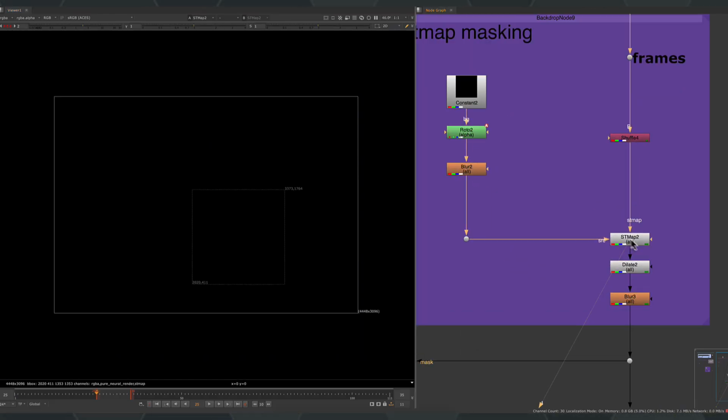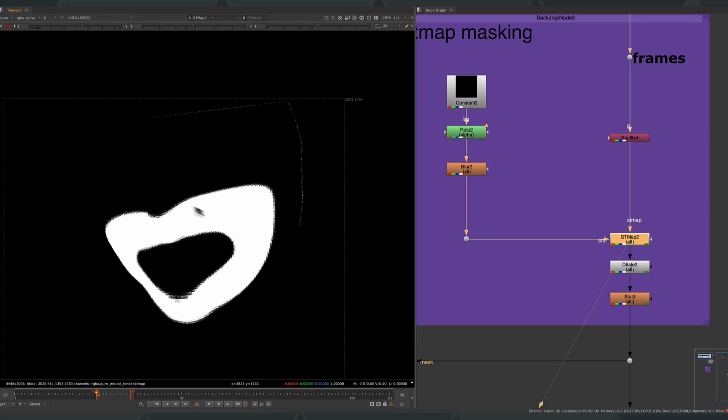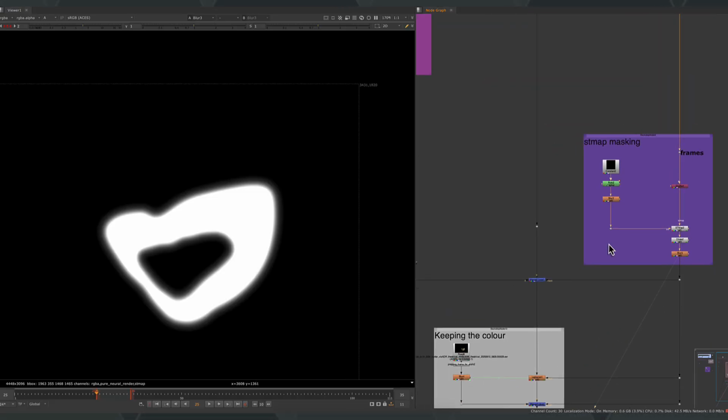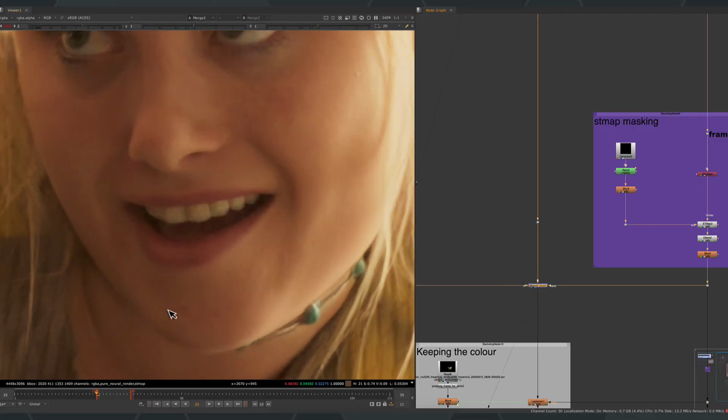Using that, we can use the Nuke's STMap node, or if you're in another piece of software, I know that Fusion does have support for STMaps as well, so this shouldn't be a Nuke exclusive thing. But you can then see here that we have this output here, where I just have a mask just for that area where I want to add that skin detail. A bit of dilation and a bit of blur to make this mask a little tidier. And then that's what we're using here. And once again, this is before and this is after.